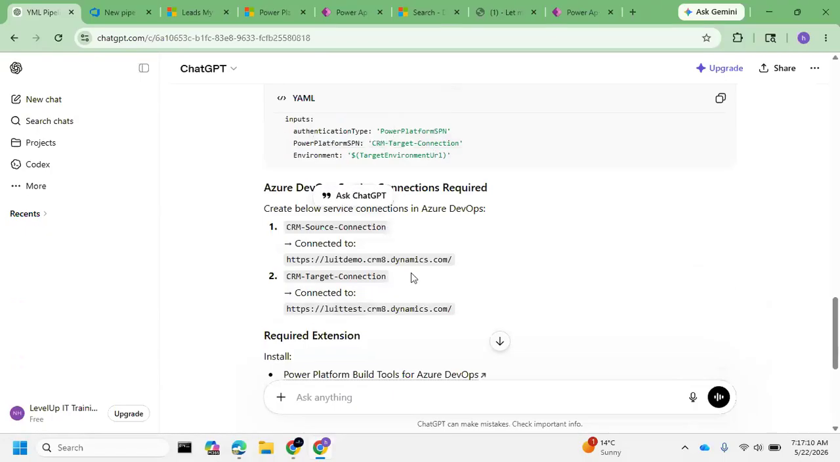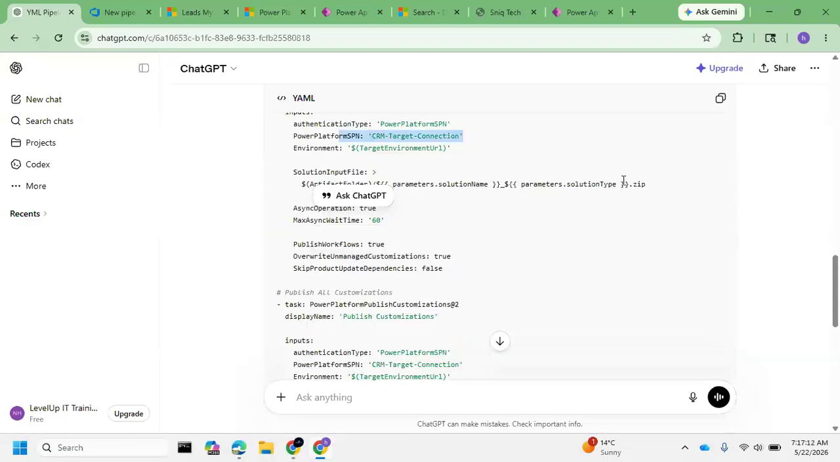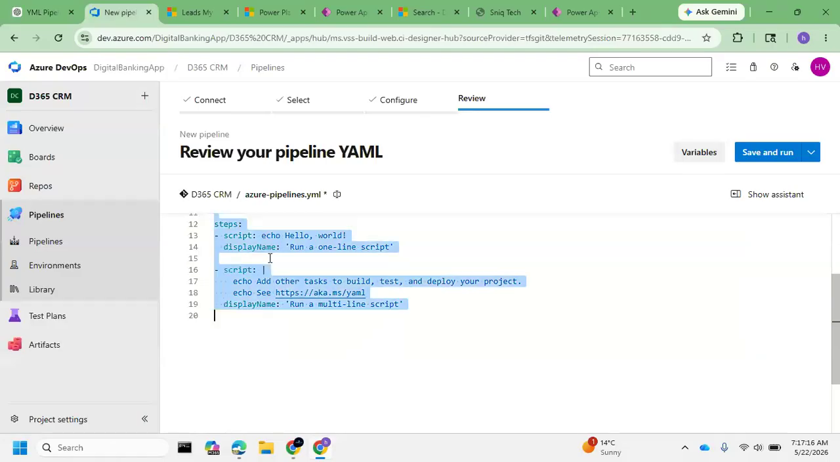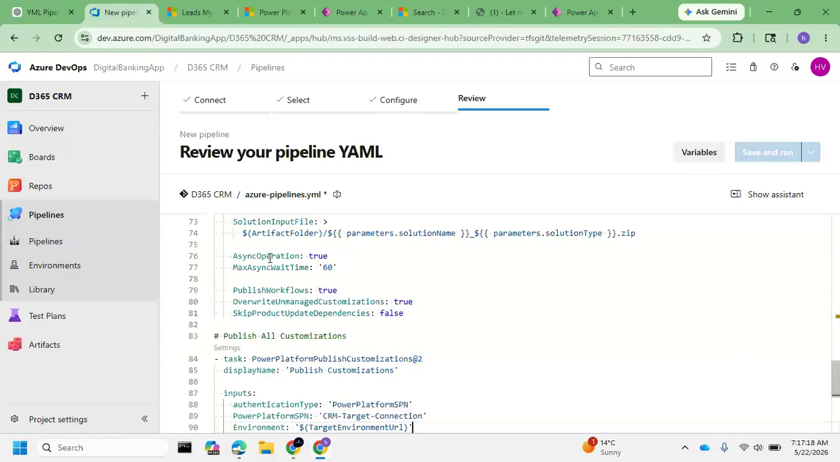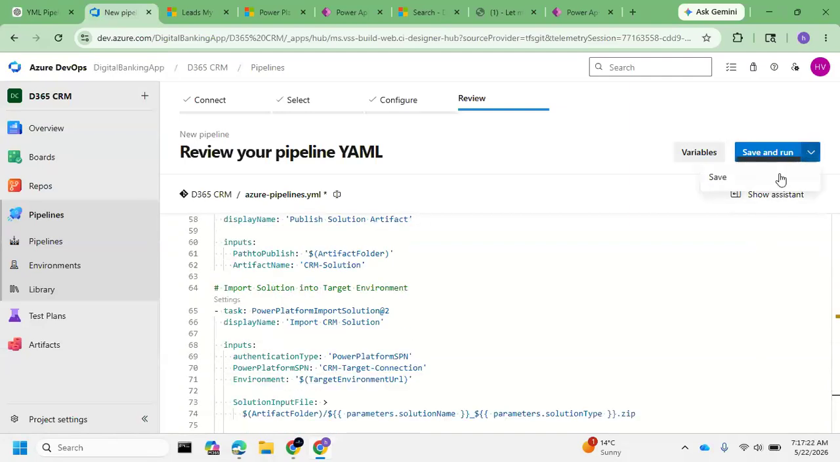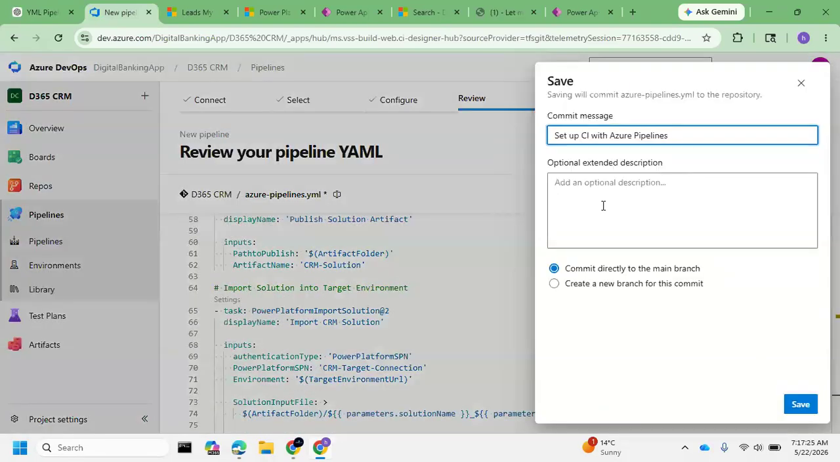So just copy this entire YAML script and put it here. Just replace it. This is not only for CRM deployment. If you want to deploy any .NET thing, then you can also use the same thing. Okay. Now